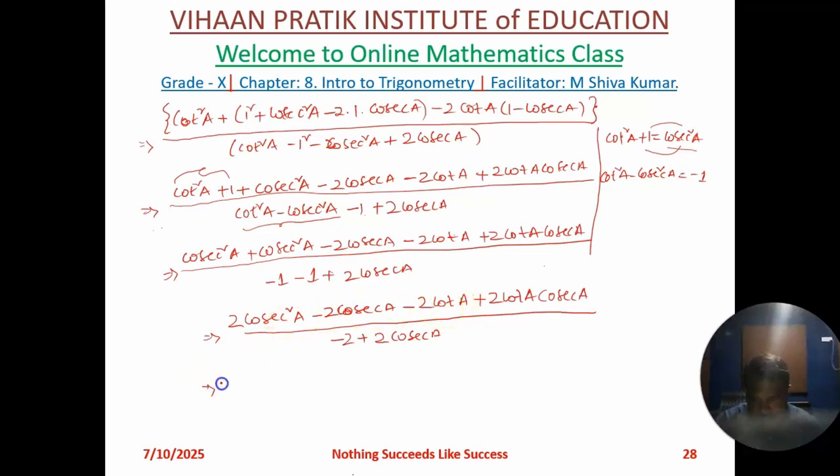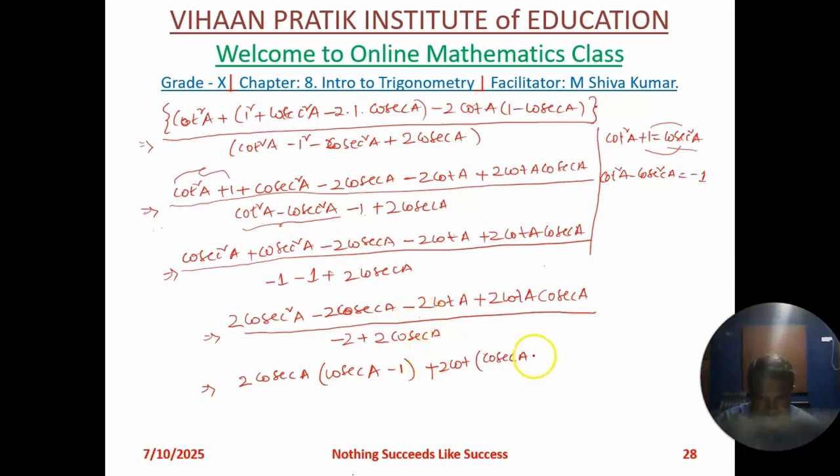So we'll take 2 cosecant A as common. So we'll get first cosecant A minus 1. Here we have cot A common. So here we'll consider first plus 2 cot A into cosecant A,